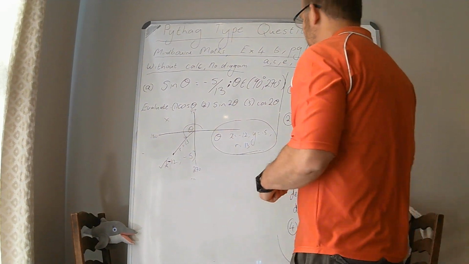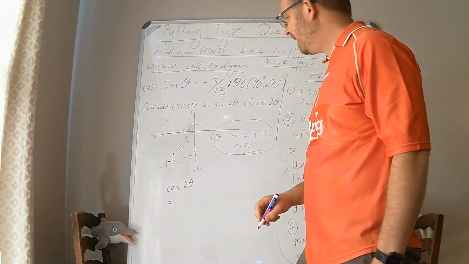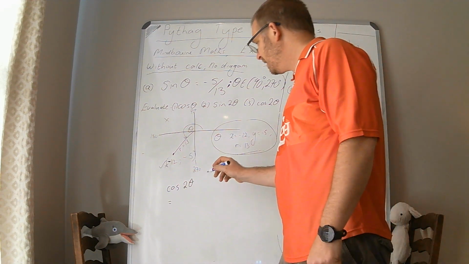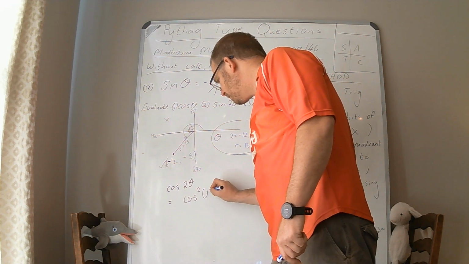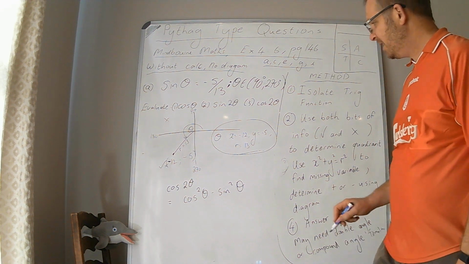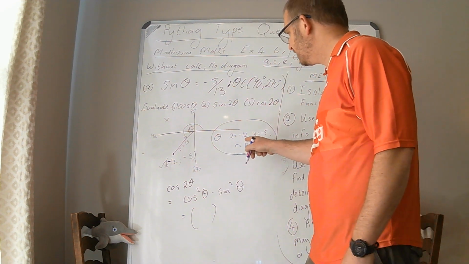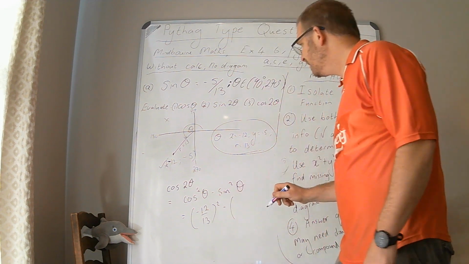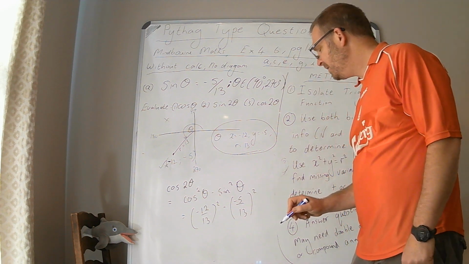Right, and the last one, you've got to work out the value of cos 2 theta. Tatiana, if you could take us through that. Okay, you look at your information sheet. We can't work with 2 theta, we've got to work with angle theta. So cos 2 theta would be equal to, well, we could change it to one of three things. Tatiana picked cos squared theta minus sine squared theta, which means cos of theta all squared, and cos of theta is x over r, which is negative 12 over 13 squared, minus sine theta is y over r, which is negative 5 over 13 squared, which is going to give you